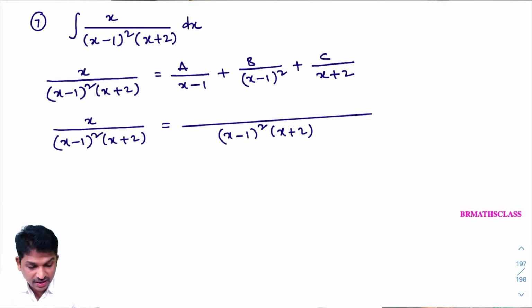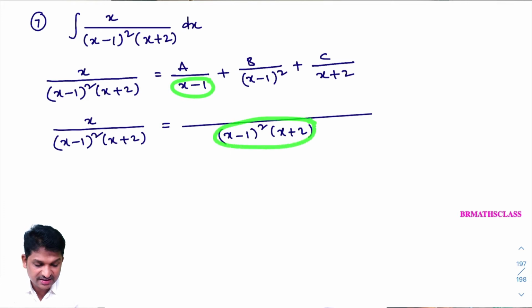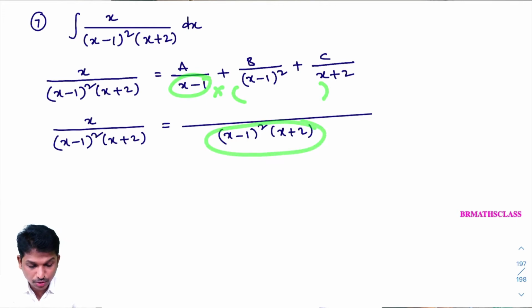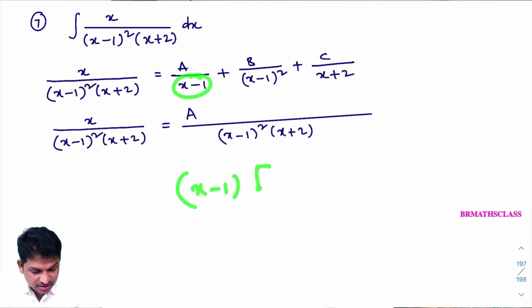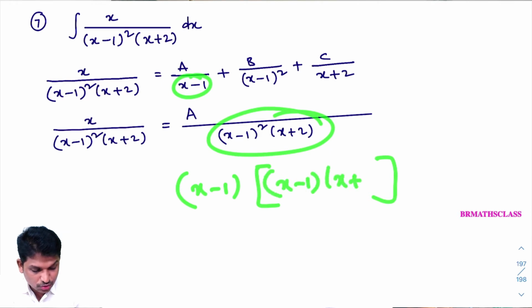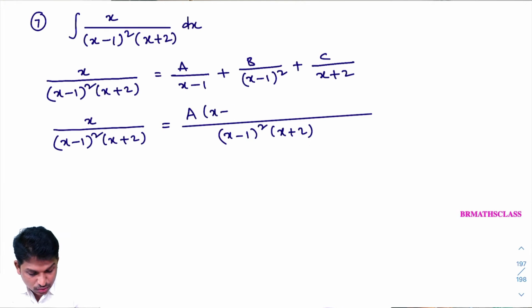Okay, look here, x minus 1 is there, right? For this, multiplying with what will you get this? For this x minus 1, multiplying with what you will get this term, that is important. So a into, here first I wrote a, x minus 1 is there, right? X minus 1 into what expression will give you this? Very simple, x minus 1 into x plus 2, right? So this I need to write. What will you write here? A into x minus 1 into x plus 2.